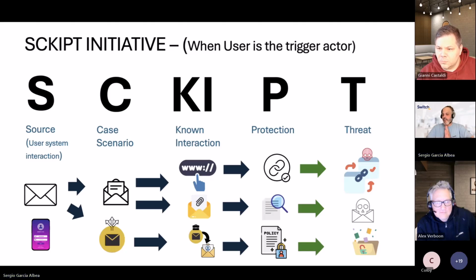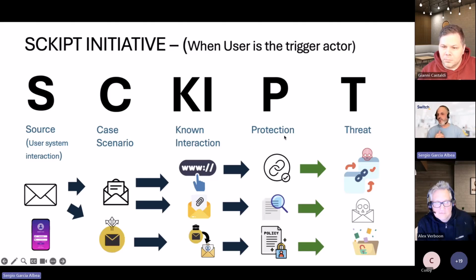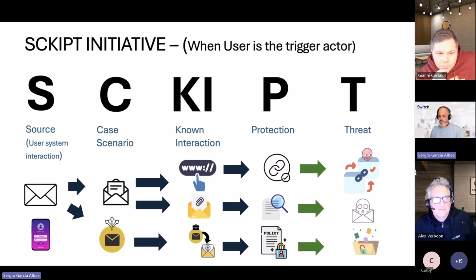So what does it mean, understanding the threats? If we cannot add the second link verification, we need to understand that they could access malicious places. They could open malicious files. They could be sharing sensitive information. So it's important to understand these two parts. If you are protected, you don't have to be 100% worried because you have some protection. But in case that for business regulation or business requirements you cannot apply some of this protection, you need to understand the threat, educate your users, and apply the corresponding monitoring.